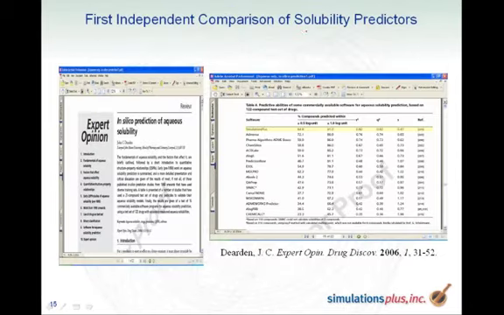And then finally, comparison of solubility predictors. So solubility is a very important property, but it's somewhat difficult to predict. And as you can see from this table, for Dearden, we came out again on top as far as solubility predictions. So let me just pop into